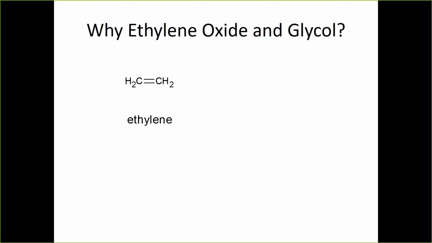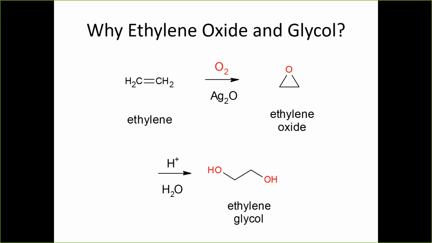And so if you start with ethylene, which does have a double bond, and you oxidize that, then you get ethylene oxide. So you use a catalyst and some oxygen, and you end up with this structure here that we've already seen. And so you can see that now the double bond is gone, and you have this ring instead. So the reason why ethylene oxide has ethylene in it is because it comes from ethylene. Analogously then, if you keep reacting this and you react it with some acidic water or some basic water, now you're going to end up with ethylene glycol, which is the structure there at the bottom right.